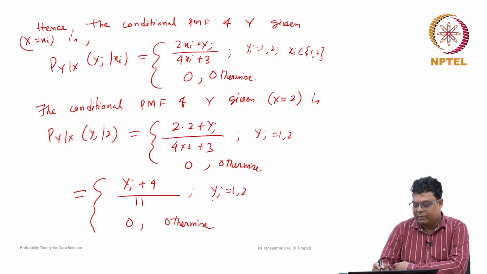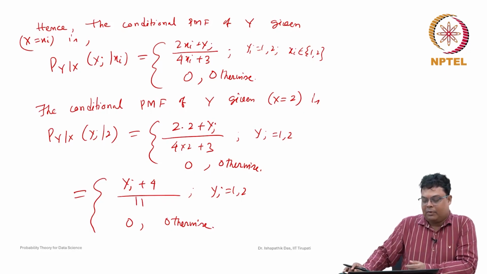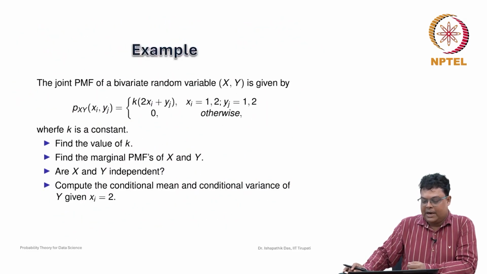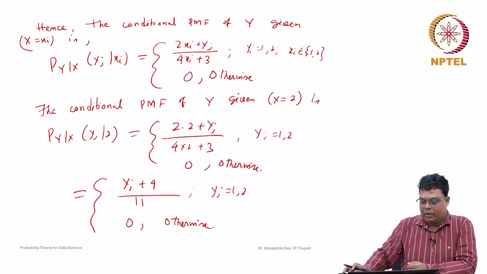You have to check it is correct, because if you take the sum over all yj: for y equal to 1, the value is 4 plus 1, 5 by 11; for y equal to 2, it is 4 plus 2, 6 by 11. 5 by 11 plus 6 by 11 is 11 by 11, equal to 1. So this computation is correct. Now we will use the formula. What is the mean and variance? It is asked to compute the conditional mean and conditional variance of y given xi equal to 2. So what will be the conditional mean? By definition, now we found the